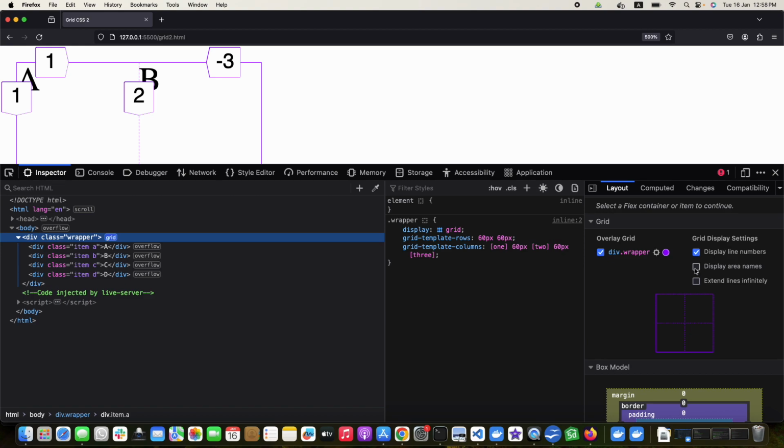Okay, this is for area names, not the line names. Okay, so we will leave them as they are at the moment. And for example, I want to fill this D, this cell. So what I will do is,